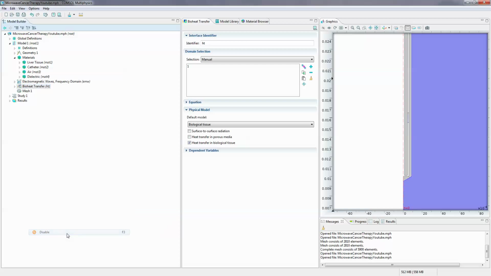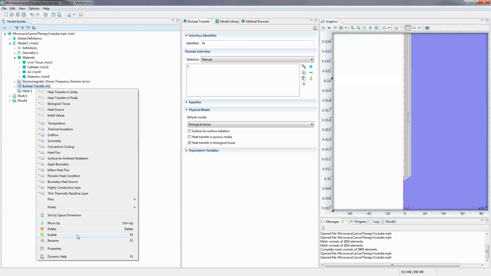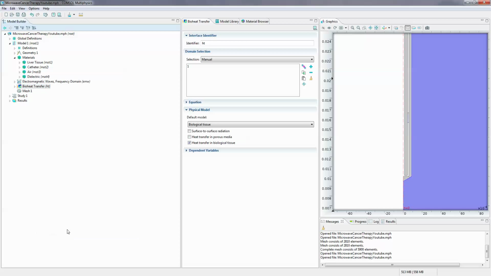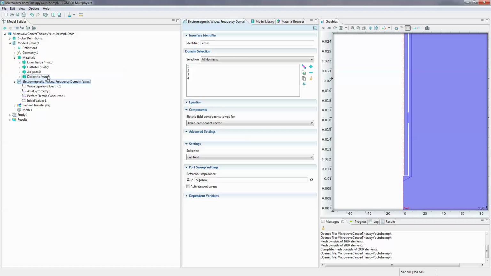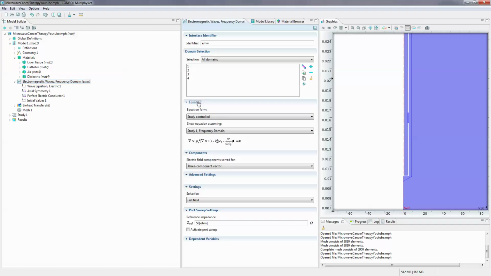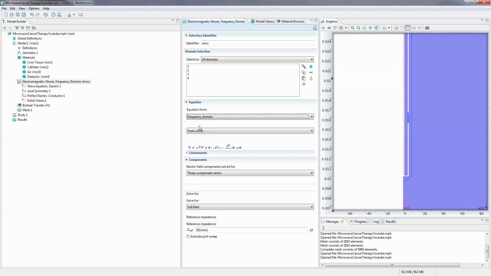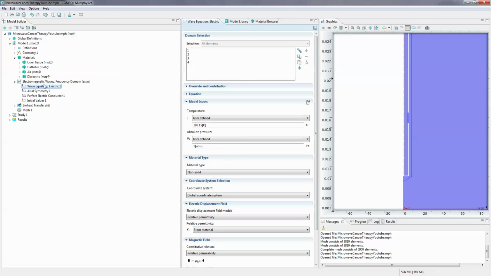And you need to refresh it by disabling and enabling it, so no more errors. Let's go ahead and work on the electromagnetic settings here. Pull down on the equation, frequency domain, user define F. So we just define the frequency,